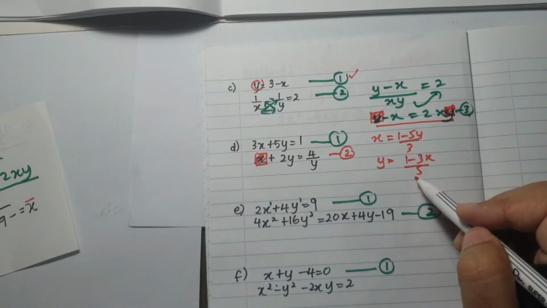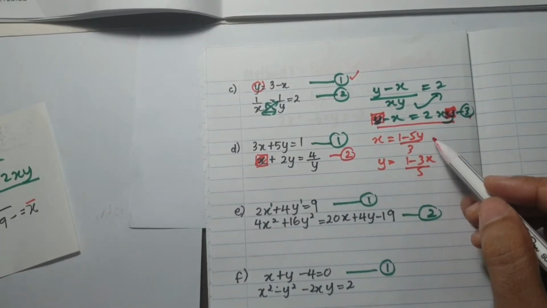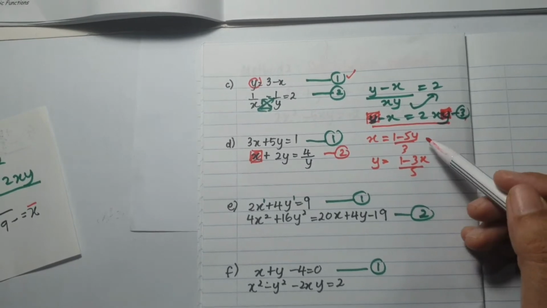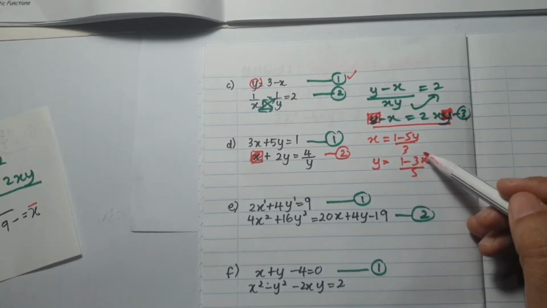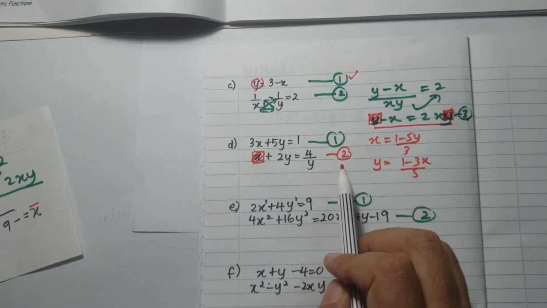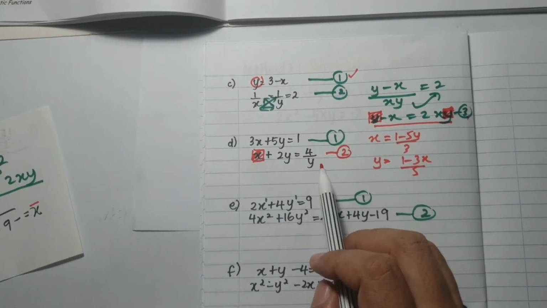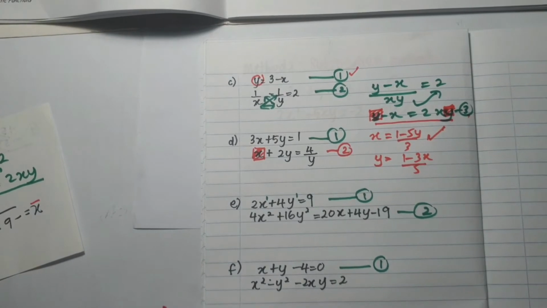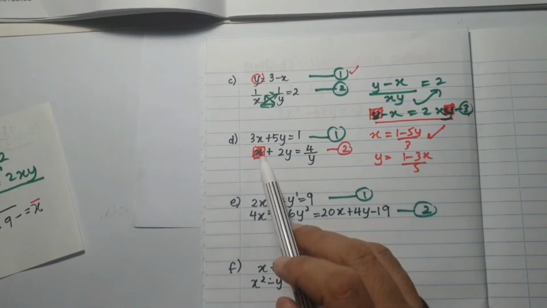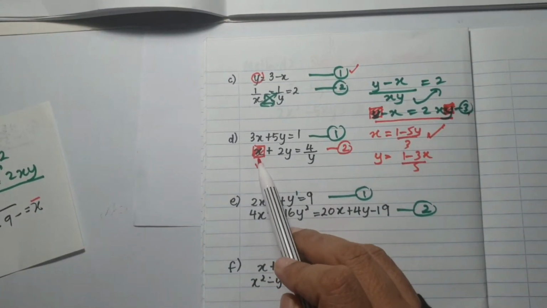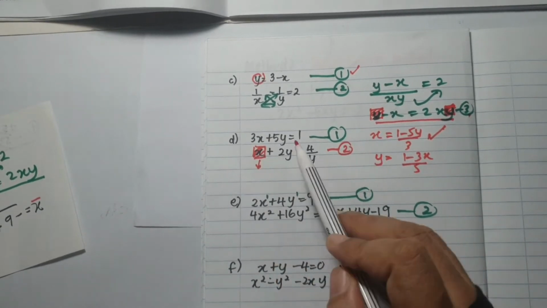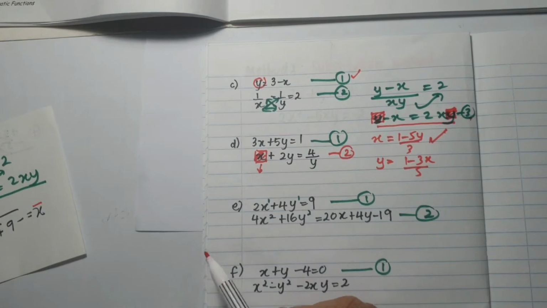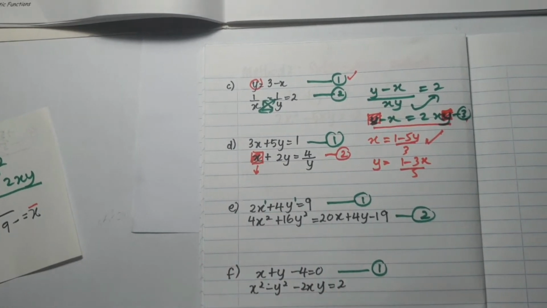So you can see both cannot avoid fractions, the same. The level of difficulty is about the same. But when we look at the second equation, our non-linear equation, it is better to choose x as your subject. Why? Because you only have one term of x here. If you choose y, you have to expand, and then you need to divide some more. So it is difficult. That is how you choose which one as your subject.